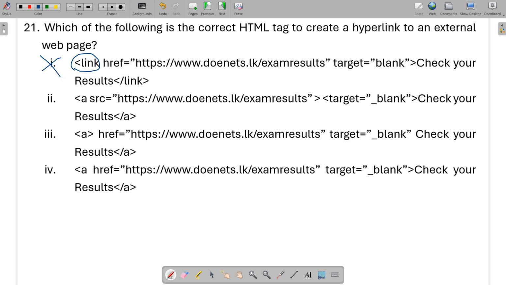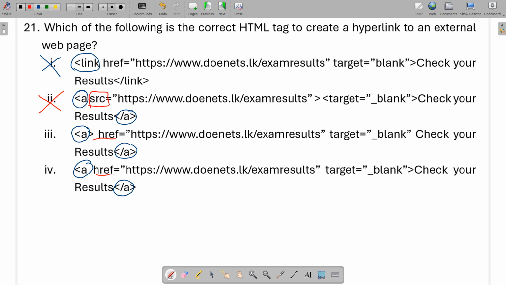And the second, third and fourth ones all have the simple A. So they have started and finished the tags properly. And with the anchor tag A, it is a must to have the attribute href with some value. Here they are using src, because of that the second one is wrong. And third and fourth, they have href in both places, which seems to be correct, but if you look